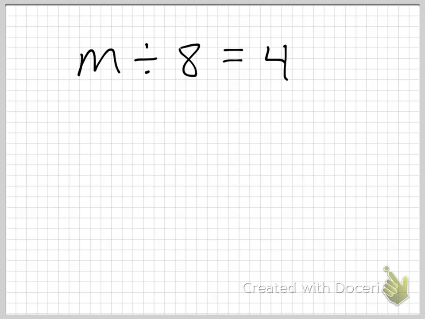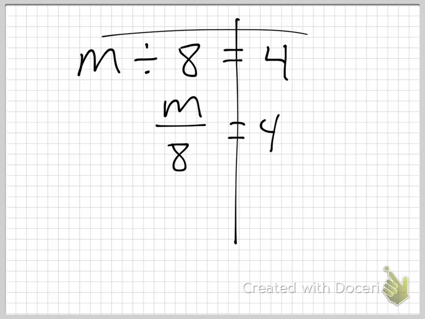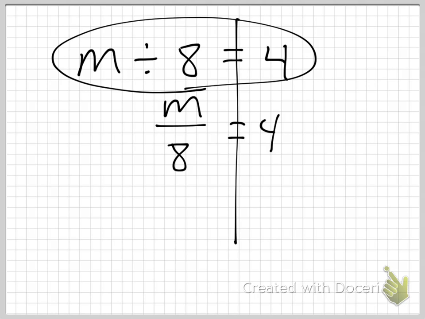Show your work properly, please. Line down the equal sign. What do I do? Thank you. Turn it into a fraction. M divided by 8. You really need to get used to that, for real. That's just silly that they write it that way the first time. M divided by 8 equals 4. You should not have left it like that. When you did your work, it should have looked like this. And that's tonight what I demand. If in your work you leave it like that, I'm not going to allow it. So tonight you have to change it